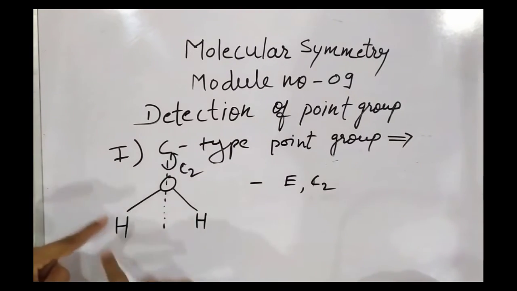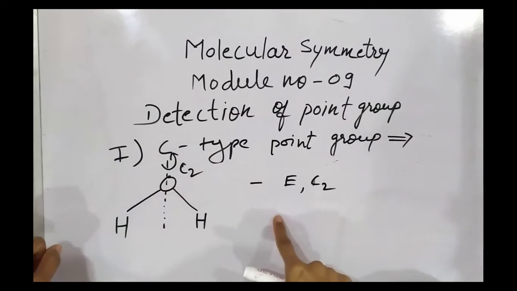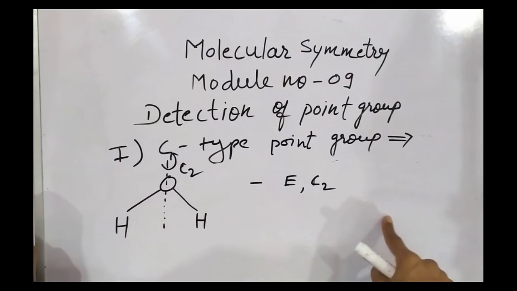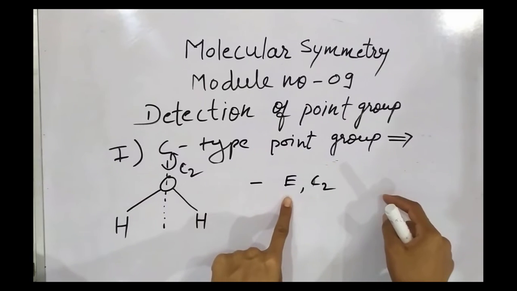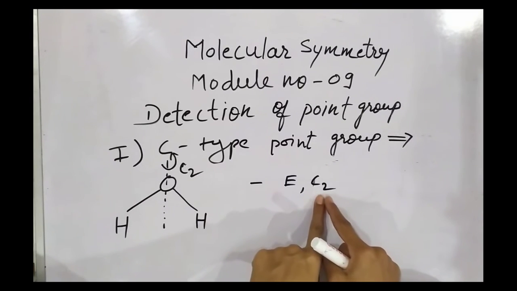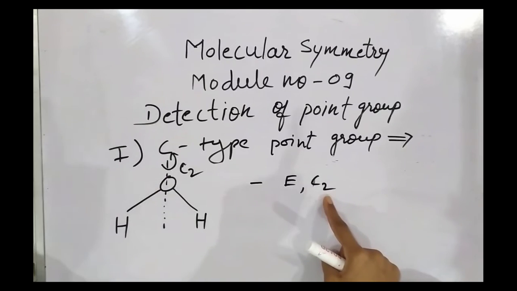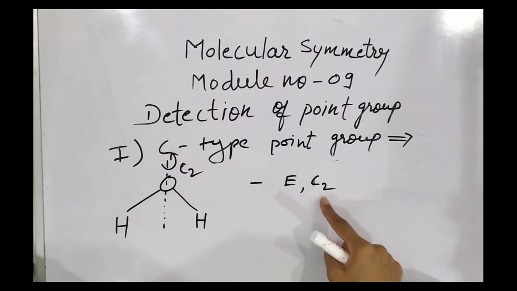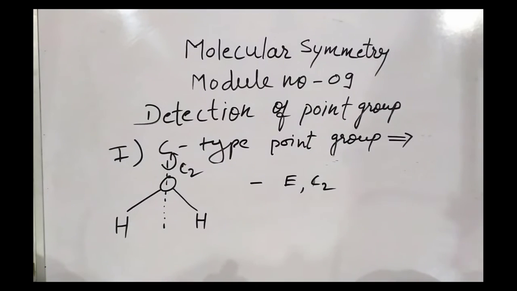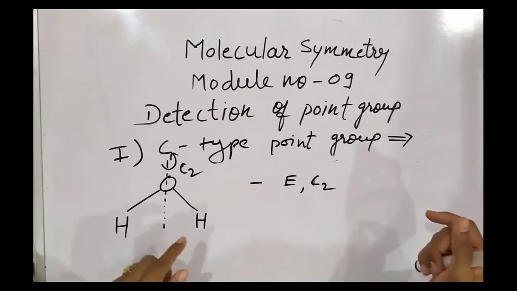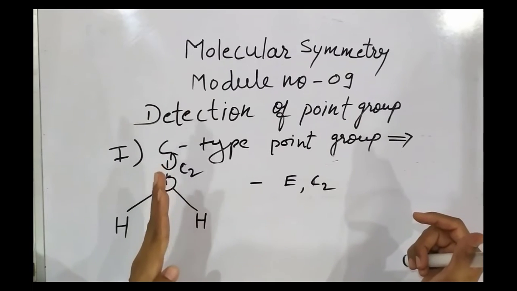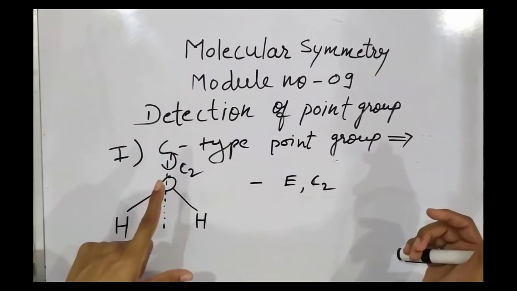So for this water molecule, what are we doing now? We are going to list out all the symmetry elements present. According to the sequence, first of all identity, then what principal axis are we getting here? C2. Is there any other rotational or subsidiary axis present? No. Then we have to list out the planes. How many planes are present in the water molecule? Now I won't repeat it again. You can go back to the previous video, when I taught you the planes in the water molecule. How many planes did we see in the water molecule?